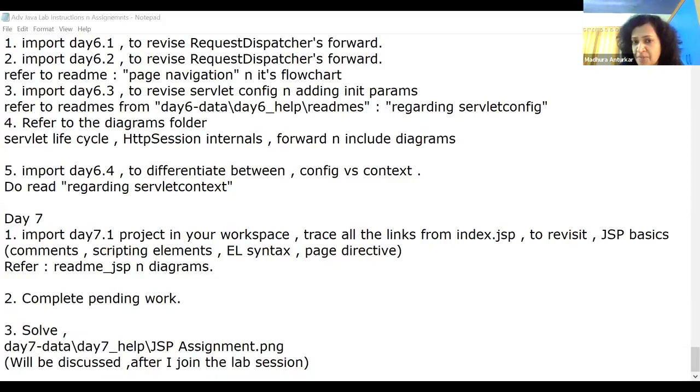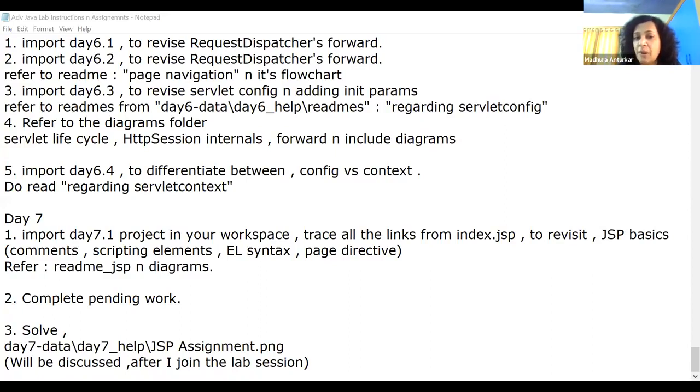Today you saw JSP, but JSP is what? Nothing but a translated servlet page. So after JSP's default constructor, the translated page class constructor is over, and before the init method, that is where your container will create the empty servlet config object, and then it will refer to your deployment instructions. And if you have supplied init parameters, it will add them like we used to do all the time in core Java map.put. So it will populate.